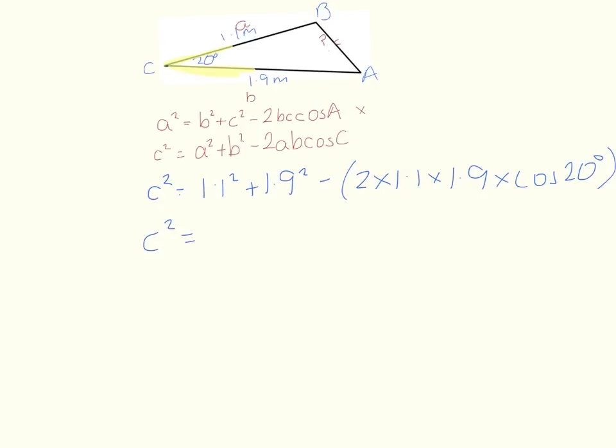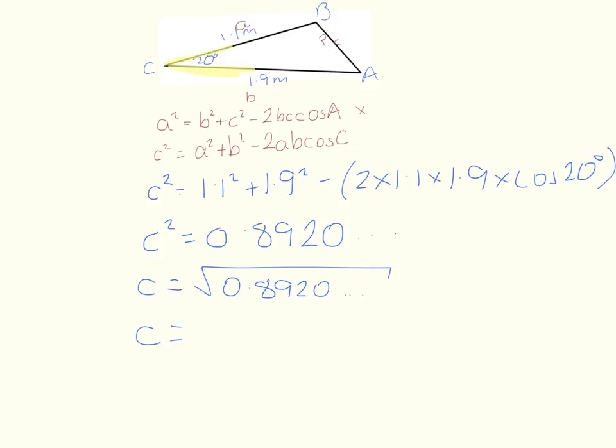So c squared will be equal to 0.8920. So c will be the square root of that value, which will be equal to 0.945 meters,